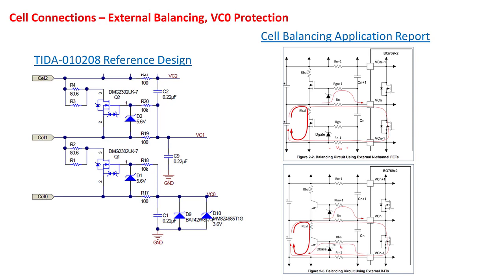One more important thing to consider is that VC0 has lower voltage tolerance specified in the datasheet than the other VC pins. The ABS max range for this pin goes from 0.3 volts below VSS to 6 volts above VSS. The TI reference design uses two additional components to support the case where the VC0 pin may be exposed to a voltage beyond this range when the cells are being connected. The 3.6 volt Zener diode is used to protect VC0 from exceeding the positive voltage, and the Schottky is used to protect from exceeding the negative voltage.